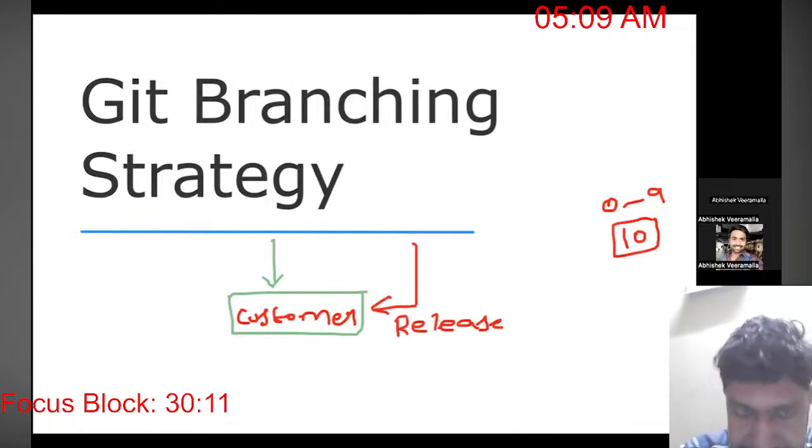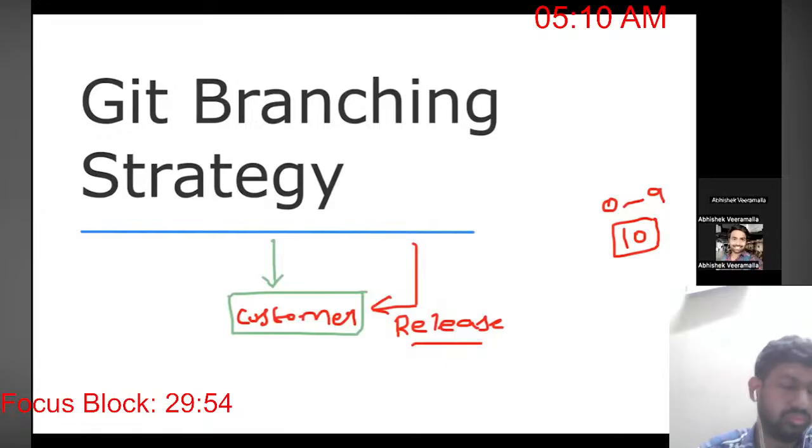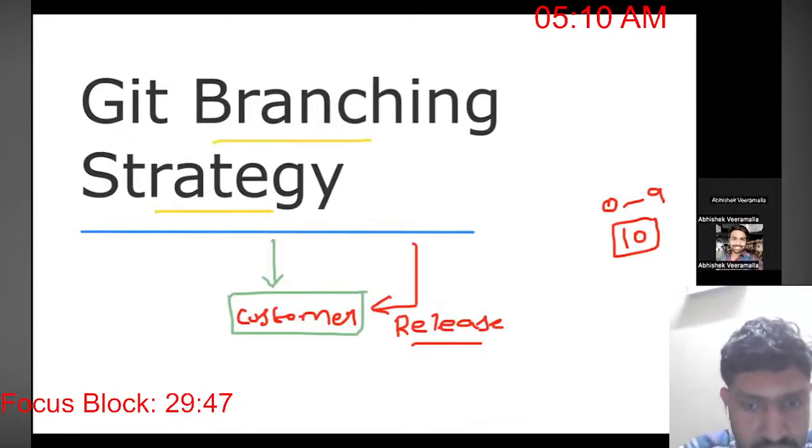Let's say you want to deliver code to the customer every 2 months or every 3 months. Even if you're using products like Amazon or Flipkart, the main goal would be to keep the customers happy and deliver releases with new changes frequently. It can be 1 month, it can be 15 days, 2 months, but you have to keep your releases very prompt. So for that, it is very important to have a proper branching strategy, an efficient branching strategy.